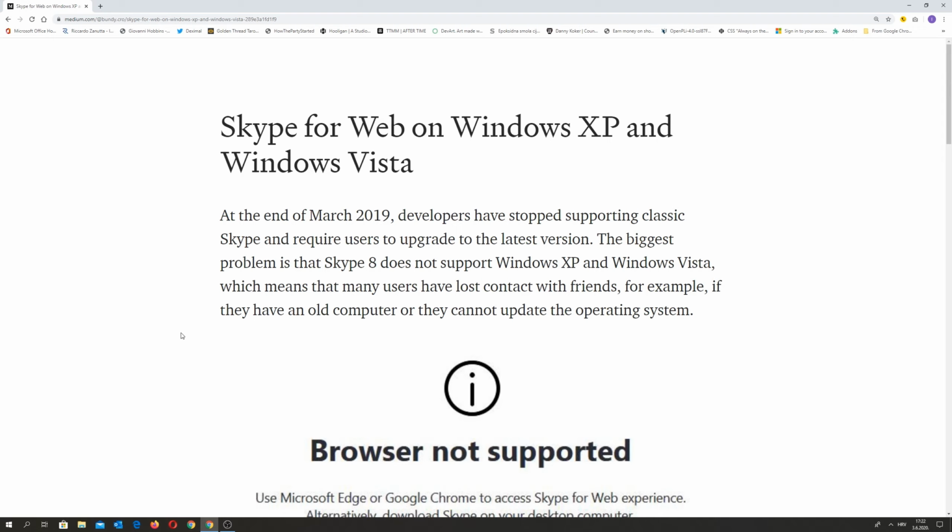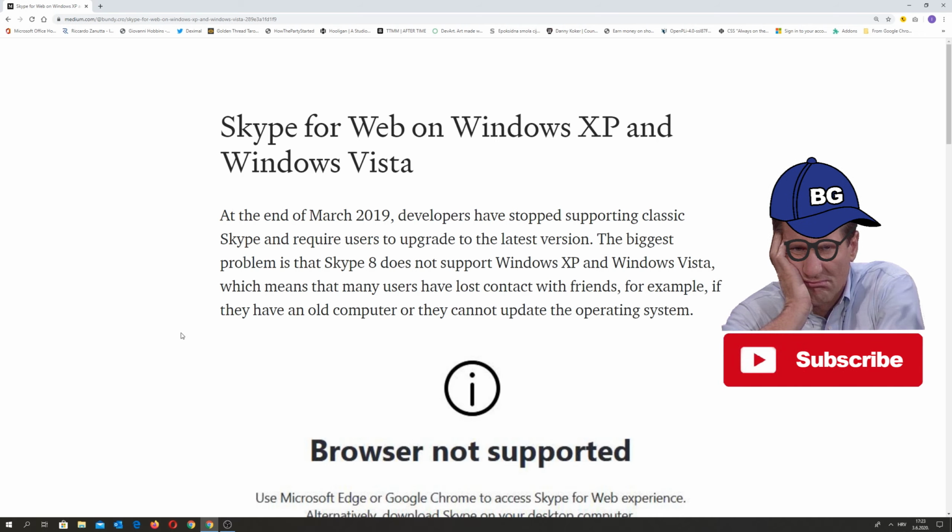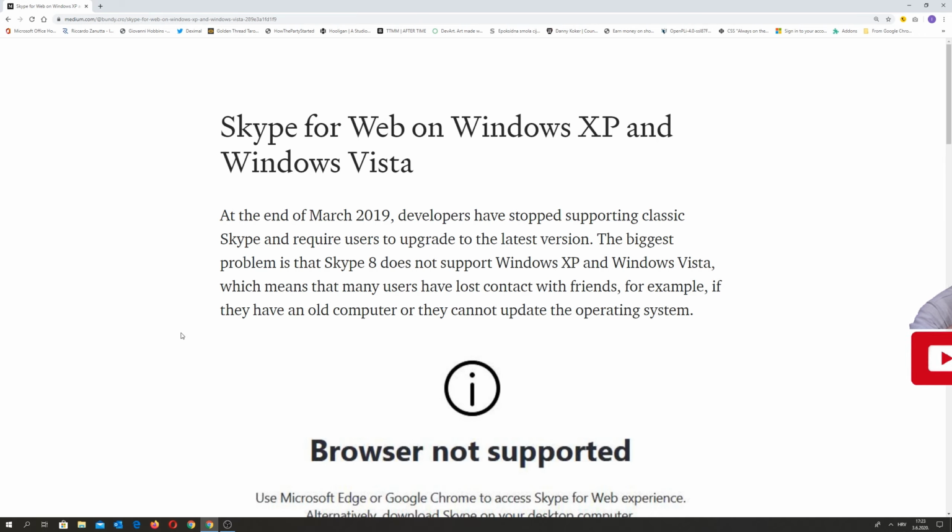So it is unfortunate for Windows XP and Windows Vista users, because I understand some people need to have Windows XP or Windows Vista because of some devices or software which doesn't work on the newest operating system, and because of that they need to have Windows XP or Vista on their computer.